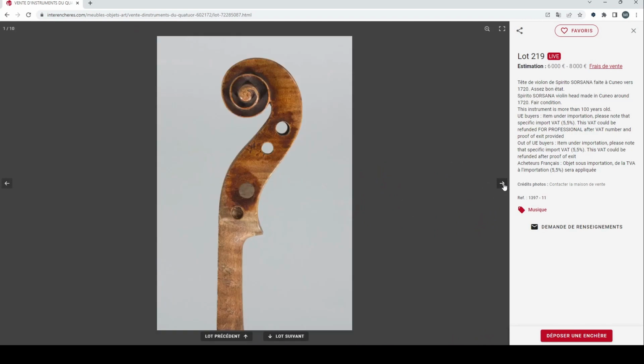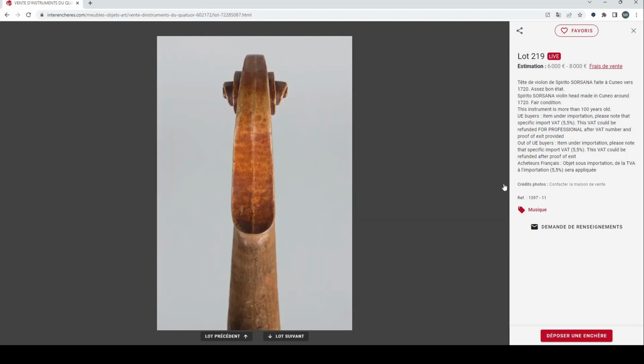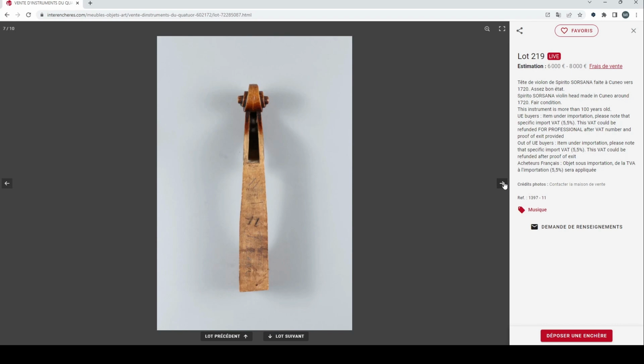Right, interesting. A violin head by Spirito Sorsano from 1720, 6 to 8. This is a kind of a more obscure maker, so that's curious to see that here. It'll be interesting to see what it looks like from the front. Yeah, curious head on the Sorsano. He is an interesting maker, and the instruments are quite a little bit different to some of the other Italian makers,